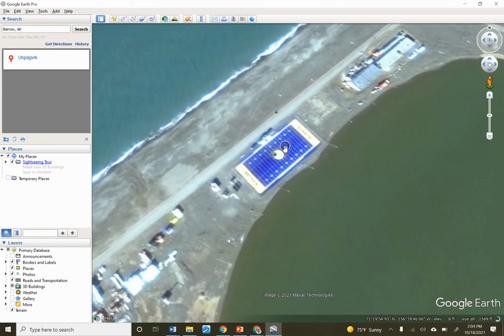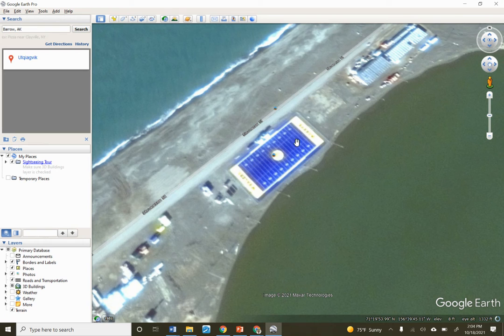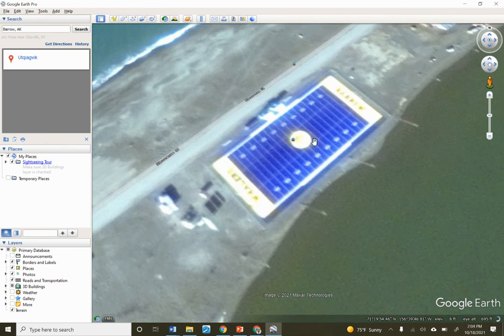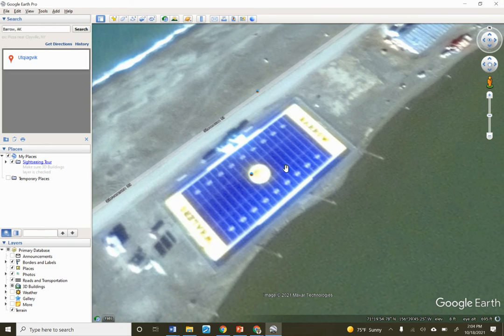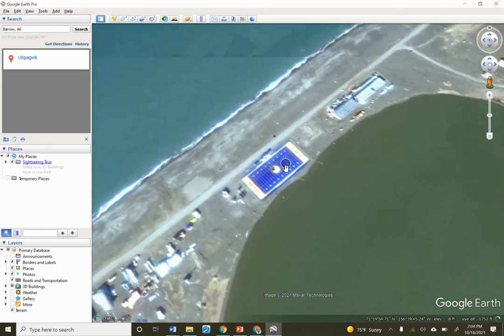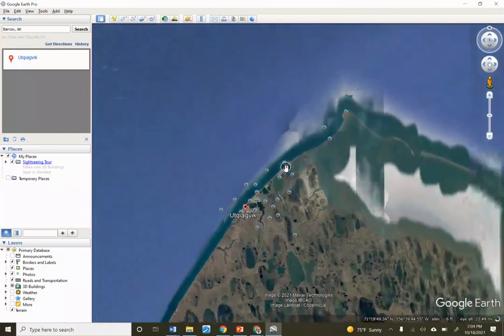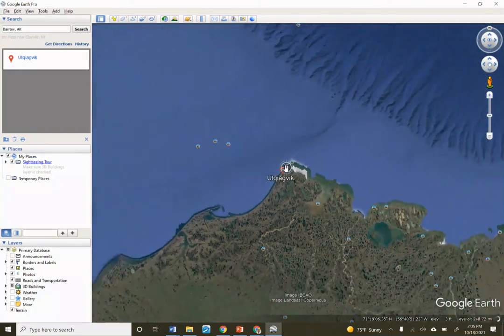I think it was put out by ESPN, where they go to different small school towns and talk about the football program. They were talking about the football program for the Barrow Whalers. That's what they are, Whalers. But I thought that was pretty interesting. So that's in the extreme north, huh?